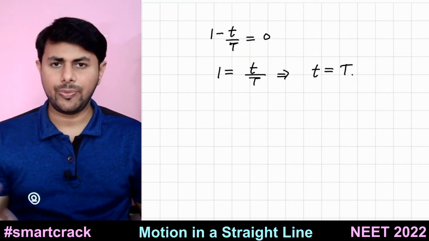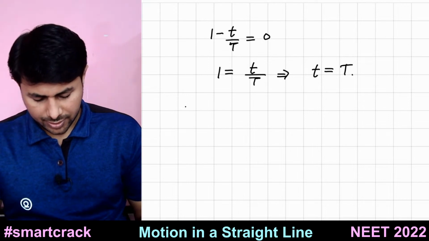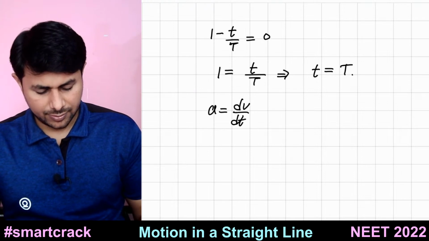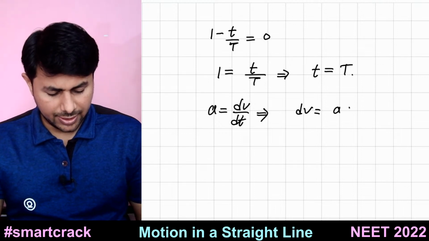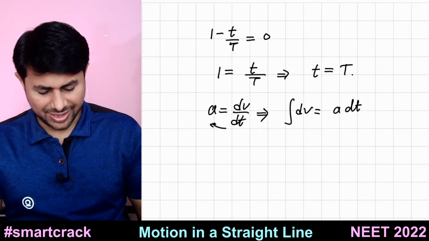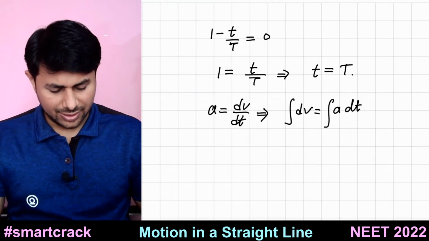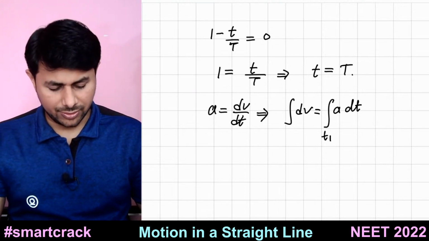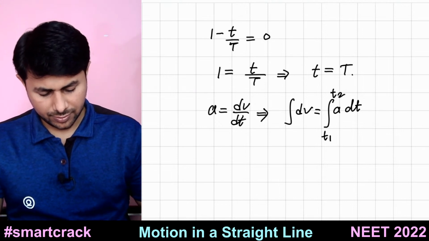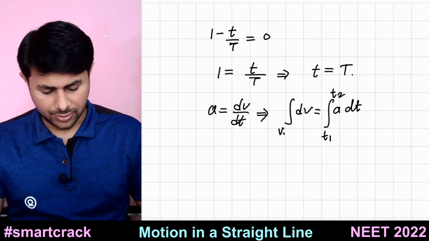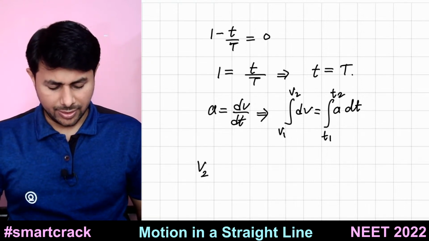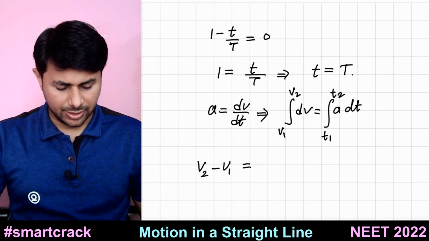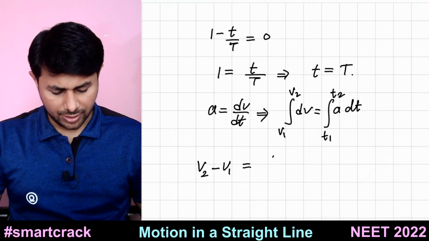Okay, so how do we find velocity given acceleration? We know a equals to dv by dt. We just saw it in theory. So dv equals to a dt. We can integrate it from t1 to t2, and this one from v1 to v2. So we'll get integral of dv, which is final velocity minus initial velocity, equals to integral from t1 to t2